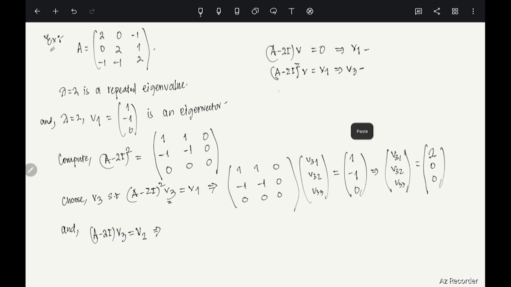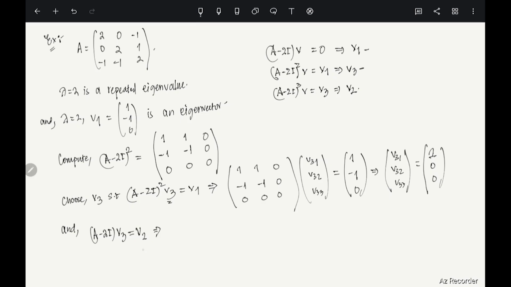Clear? Now we are going to start with the cube of (A minus lambda I) applied to v. I want to target v3, which we already have, and I need to find this. If we can find it, we will call it v2, and then we are done. It doesn't have to be v1, v2; you can just change the numbers, it's not a problem, but anyway we are doing it like this. So (A minus 2I) times v3 is v2,